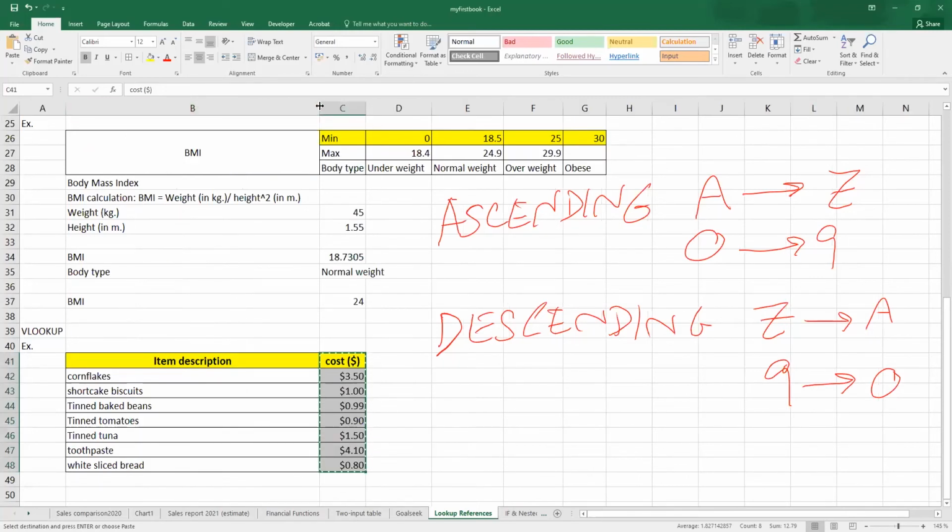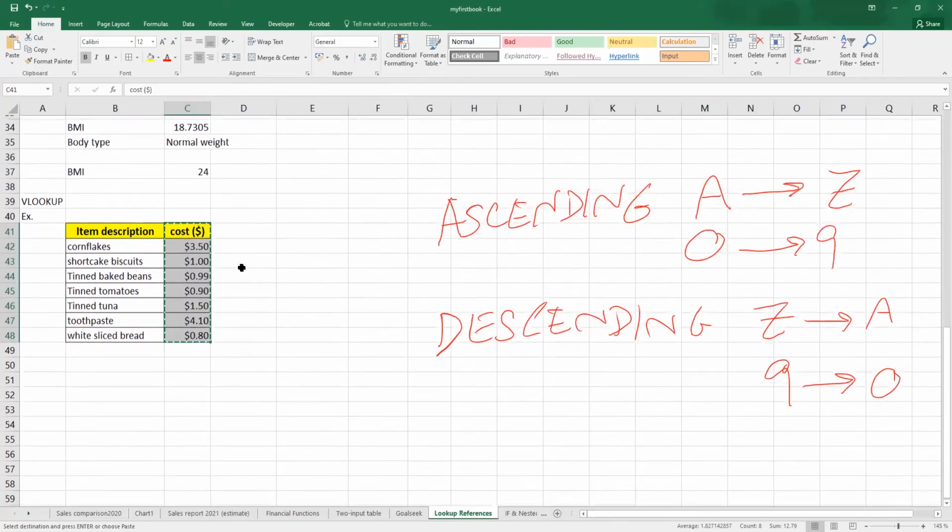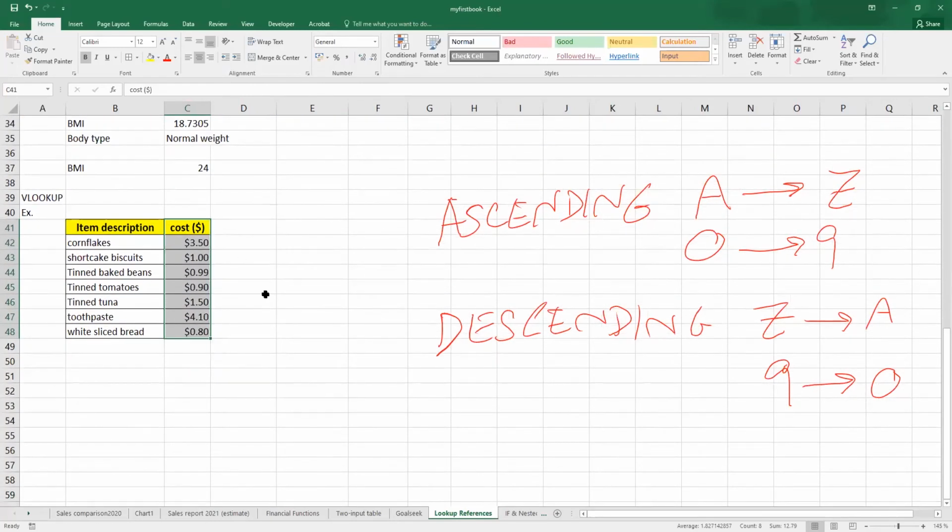Assume that this is the data of a supermarket, the product price catalog. In this case, when we have the product price catalog, how are we going to know whether it's sorted or not? Sometimes we don't know whether it's sorted or not, but we will sort it first to make sure that everything is sorted. I'll explain to you later why we have to sort. So in this one we don't know whether it's sorted or not, but if you would like to sort the data,